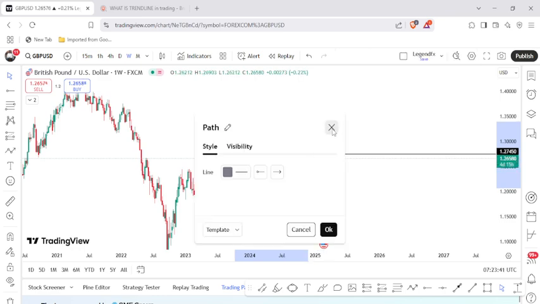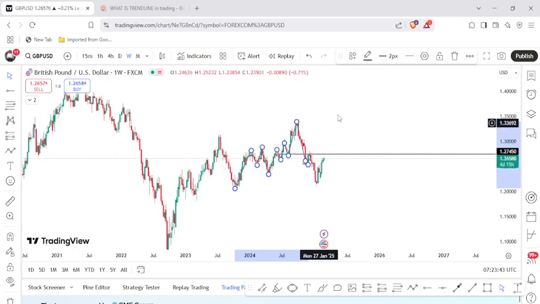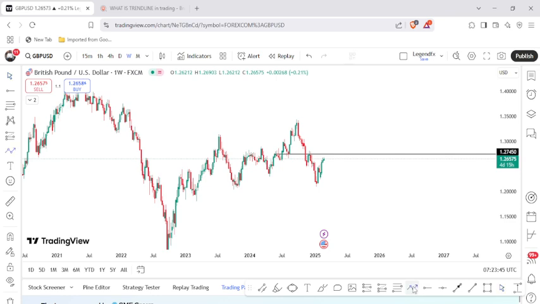let me delete this one and do it again. Okay, we start moving from here. The market moved up, came down, moved up again, came down again, pulled up again. We are now in an uptrend from the weekly standpoint. We are in an uptrend, so ideally the uptrend should continue.